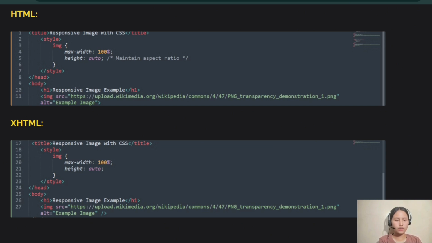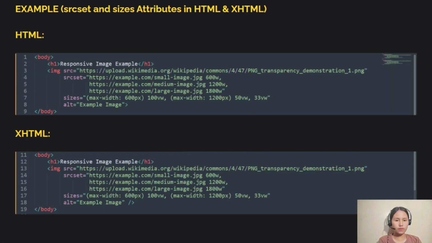Then let's proceed to the example of srcset and sizes attributes in HTML and XHTML. So this is the example code of the HTML. In the body part, there is the heading element that contains the responsive images example. Then after that, image src attribute is equal to the link of the image that you want to display, and in the srcset attribute, it contains the link of the image, and